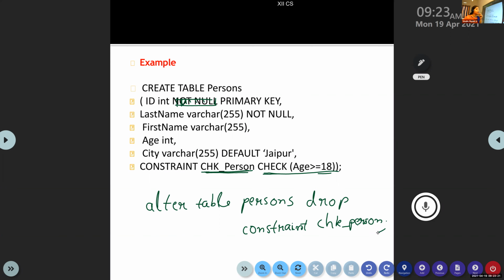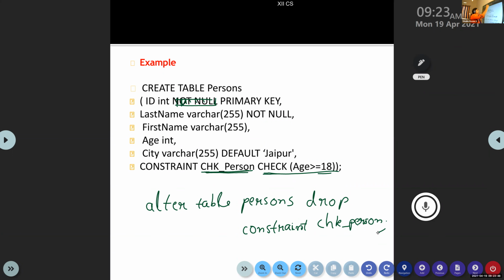That particular constraint will be removed. It will get deleted. That's the benefit of giving a name. Is that clear, Krishna?